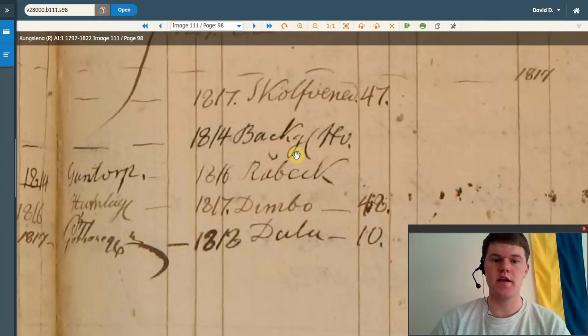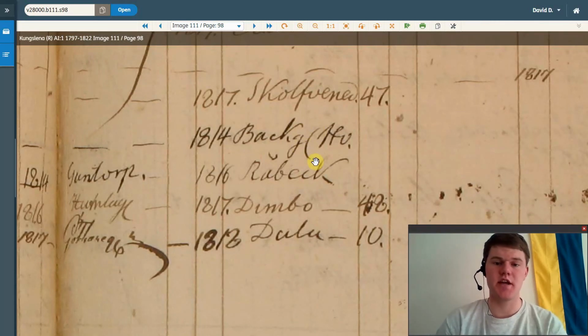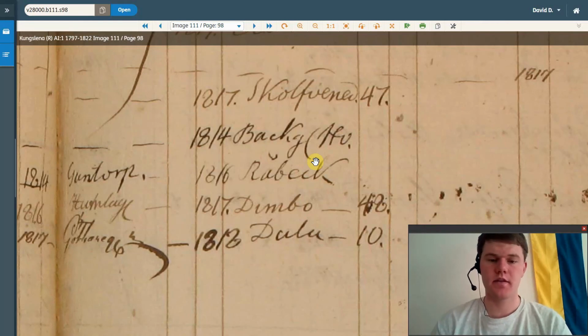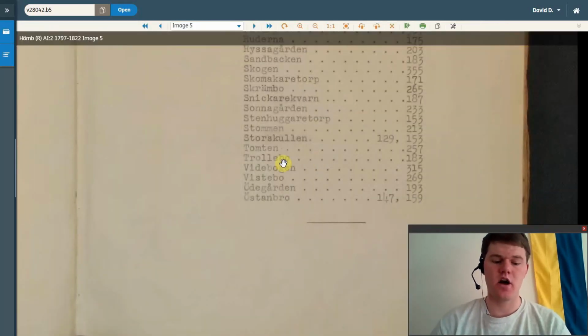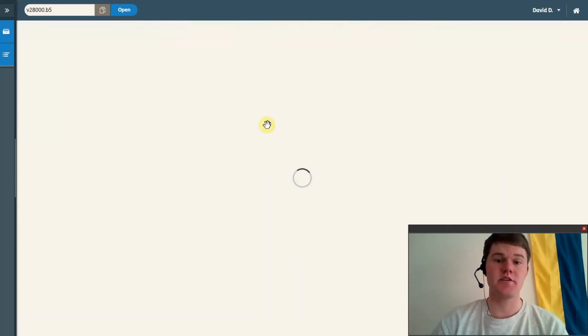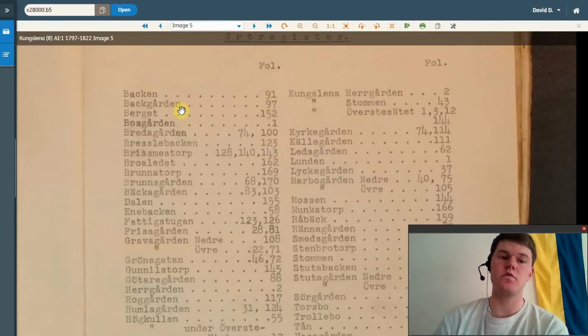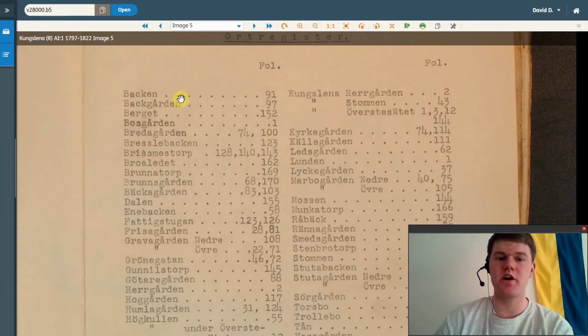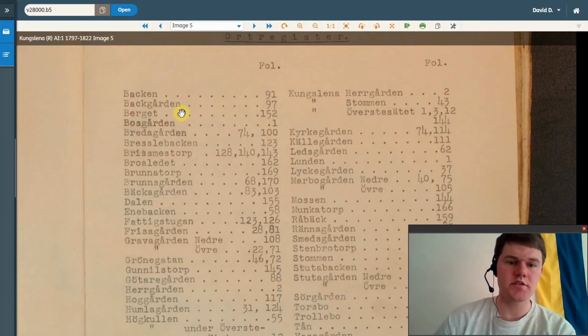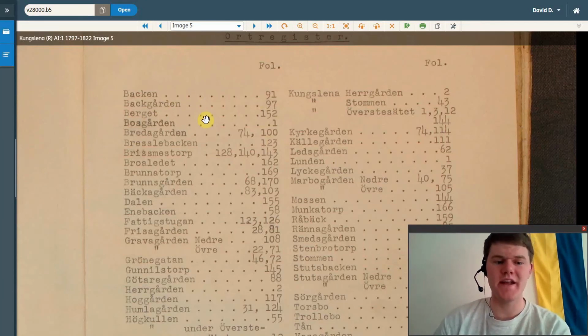So right here, this symbol, it's like a G, and then it looks kind of like an H to me, kind of a G and an H slashed together. But that commonly, in my experience, almost always refers to this ending right here. So that'll tell you, oh look, it's a farm. Let's go look there. There's also another common way to identify that it is a village or farm instead of